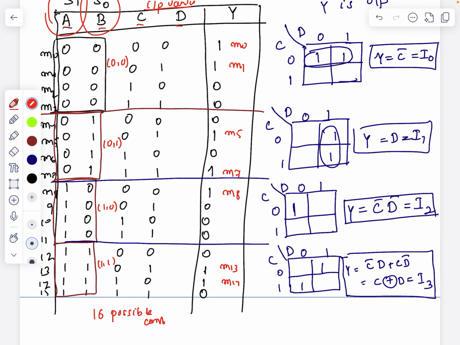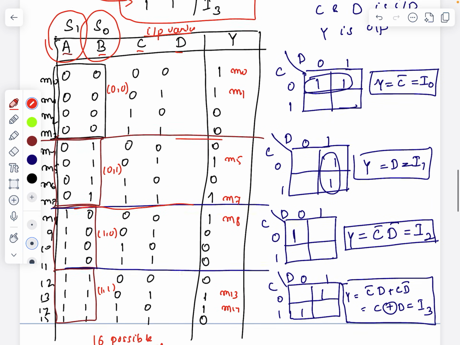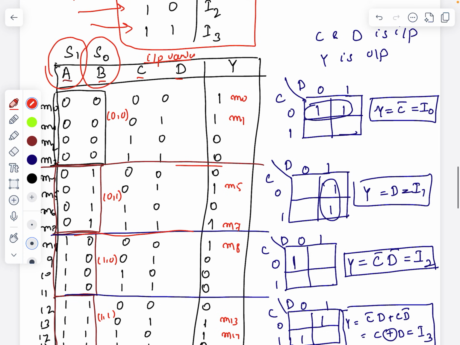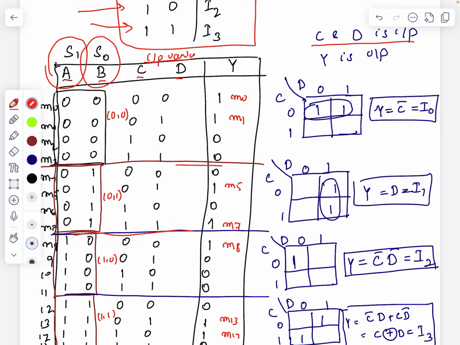Once I make these groups, I will put horizontal lines like this, separating them. Now you can see here A and B are used as the selection lines. Then C and D are the input variables, as I wrote here. Y is the output. Now I need to write down